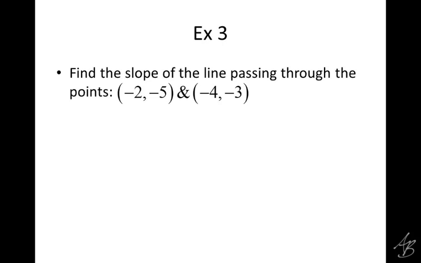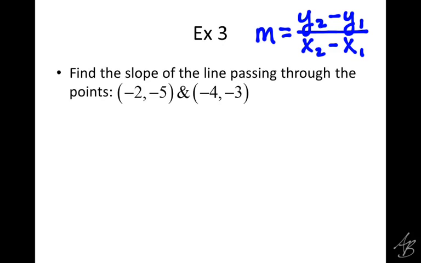Got a bunch of negatives here, so make sure you're keeping them straight. All right, so we're going to use the formula again, y2 minus y1 over x2 minus x1. And before I start plugging things into that formula, I'm going to just label which one's which, so it's really easy to just plug stuff in where it needs to go. So we're going to have x and y, and then these are going to be the first point, so x1, y1, and these are going to be the second point, so x2, y2. All right, so in the slope formula,